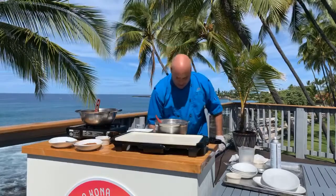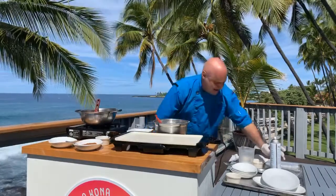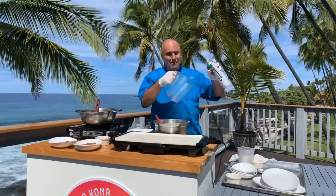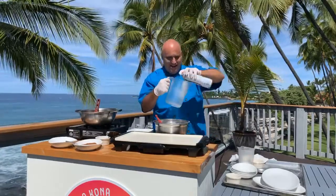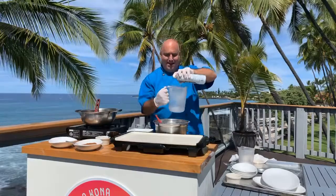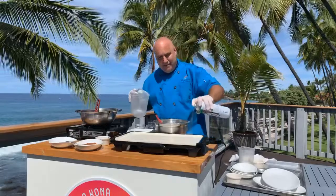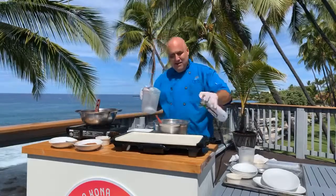So what I'm going to do is I'm going to take my vessel that I'm going to pour my pancakes out in, and what I'm going to do is I'm going to cheat with a little trick. So all my batter doesn't stick inside here, I'm going to spray it with some pan spray. While I'm at it, I might as well spray a little bit of that, and I'll spray a little bit